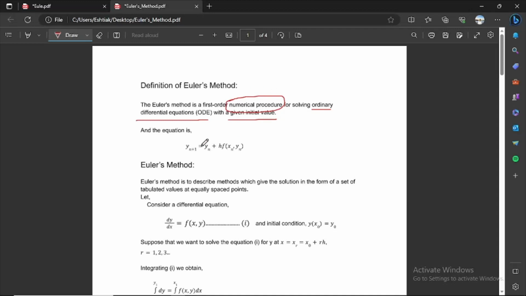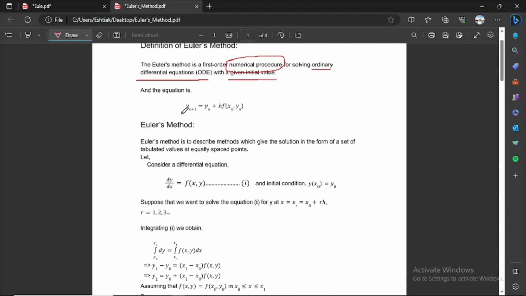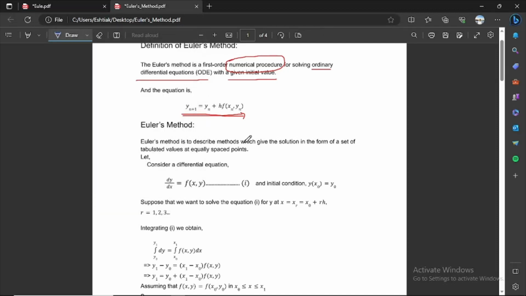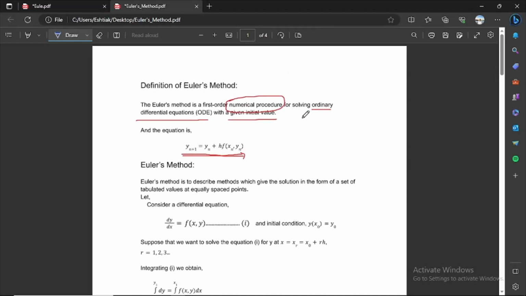Okay, this equation is our procedure that we will use to find a better approximation of the function, and this procedure is called Euler's method. If we consider a 2D Cartesian coordinate here, and this is our function y,